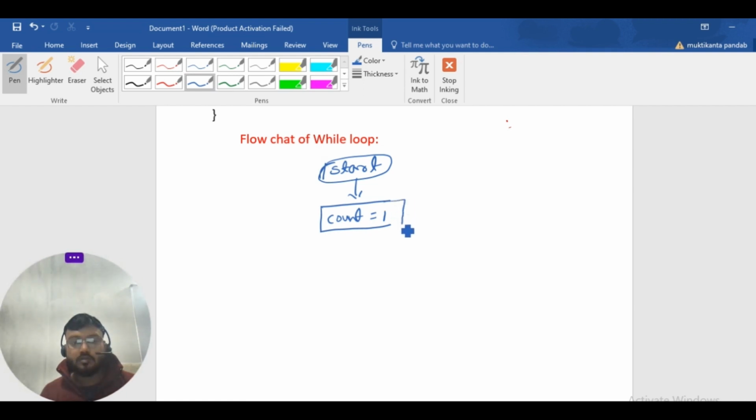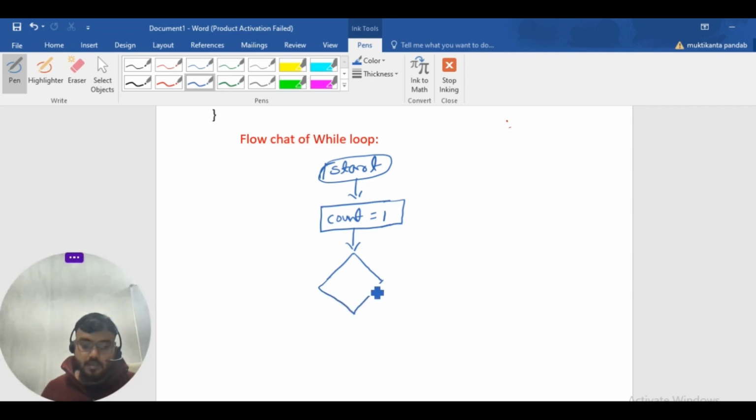Once I have this, I need to check if the condition is true. If my condition is true, if count is less than or equal to 3, if it is yes,